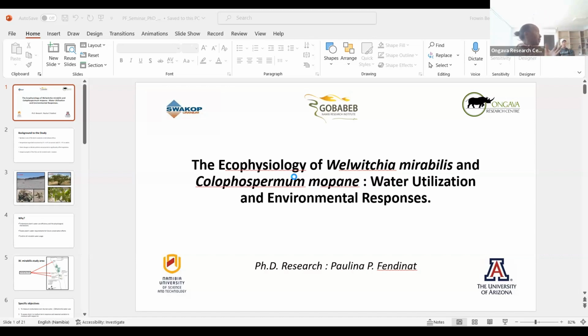I'm not sure if everybody knows what the Welwitschia plant looks like, or maybe a mopane. So on your left-hand side, that's the Welwitschia plant. Right here, this is a male Welwitschia plant, and right close to it is a female Welwitschia plant. And this is the kind of habitat or ecosystem where this